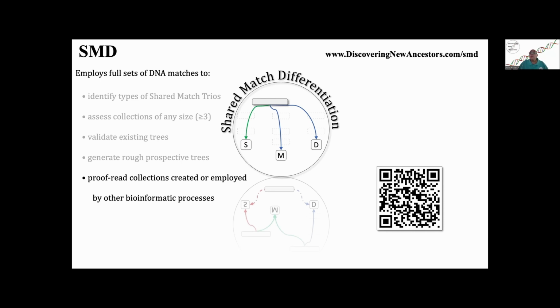In the course of crowdsourcing test materials to develop this process, some people ask me, why not try this work using triangulated segments and other things? My glib answer was always because bioinformatics. And by that, I mean that the mathematical underpinnings of this process ensure that all of our bioinformatic processes kind of exist in the same logical space, which is to say that having built the SMD process to distinguish between favorable and unfavorable trios, and having shown that that process can assess larger collections,